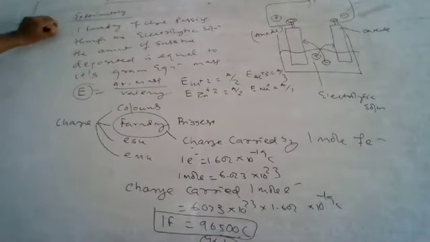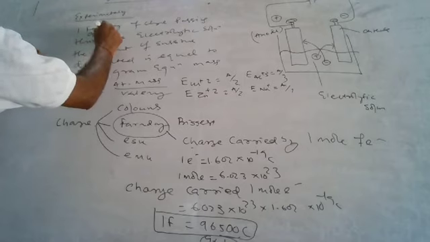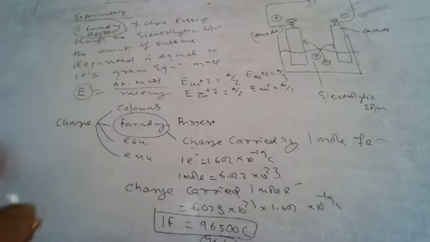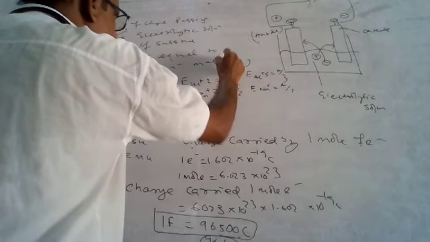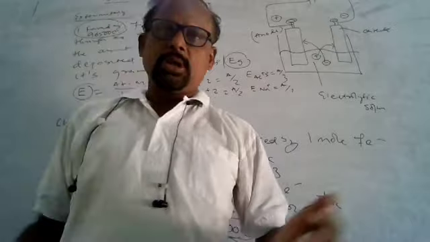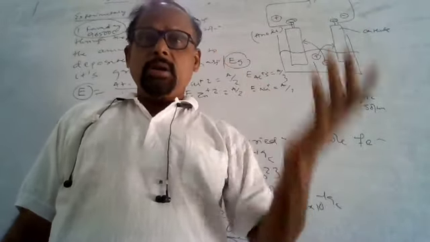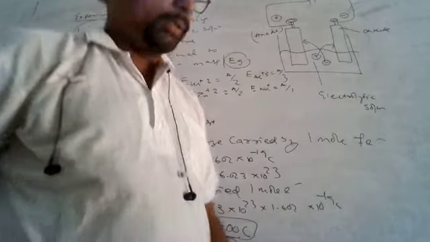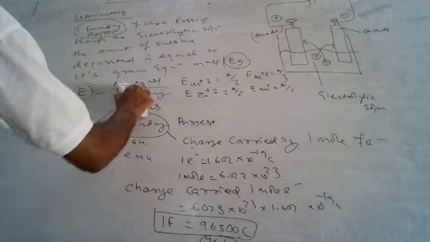So here is the statement: when 1 Faraday of 96500 coulomb electric charge passes through the solution, the amount of substance deposited is equal to the gram equivalent mass, meaning the equivalent mass expressed in gram, which is the atomic mass by valence.